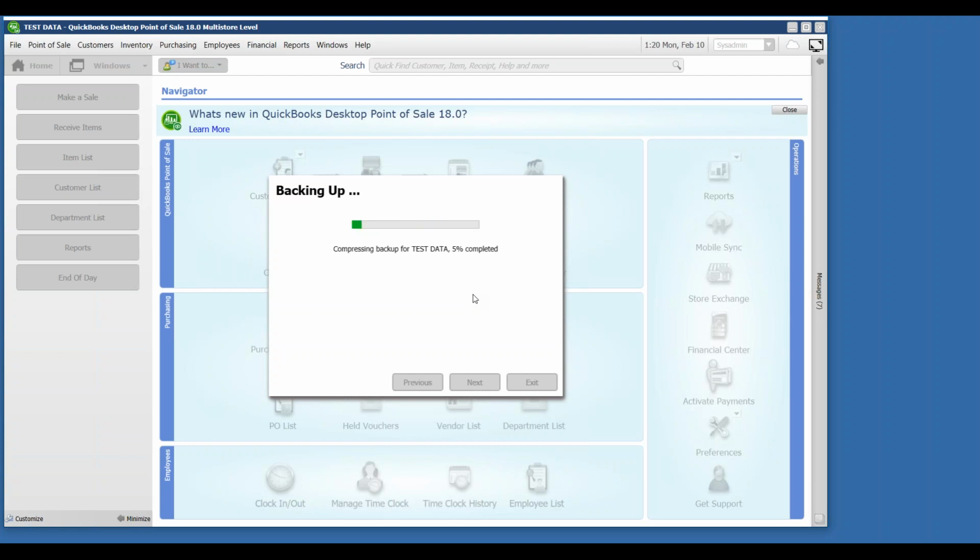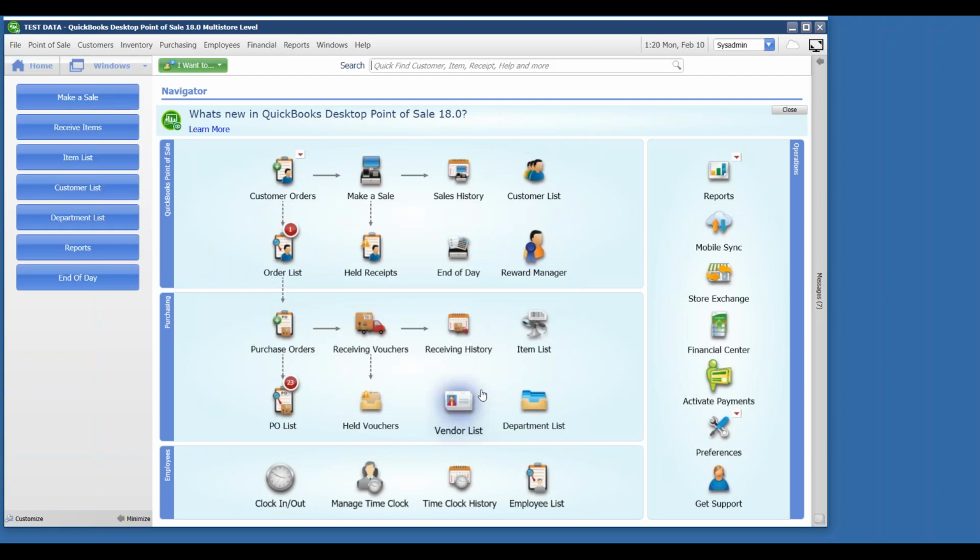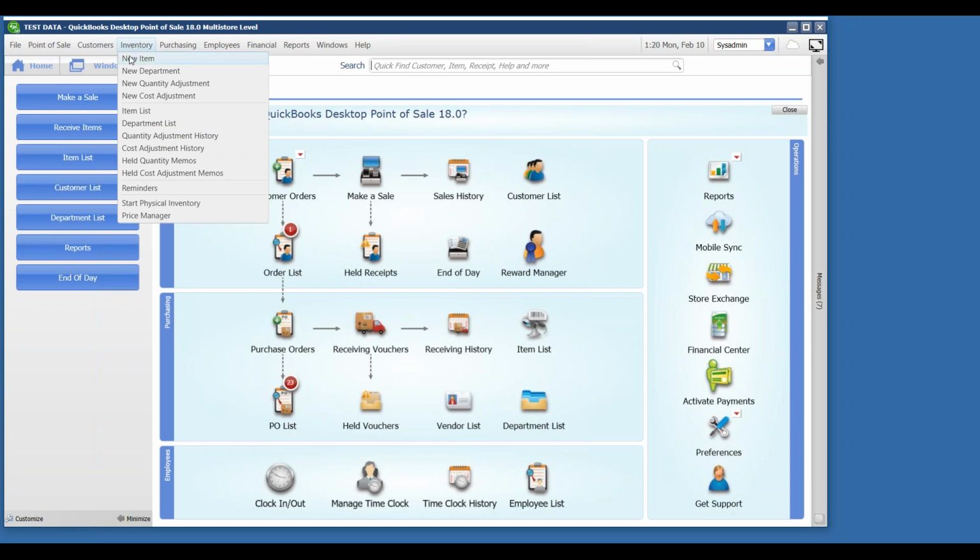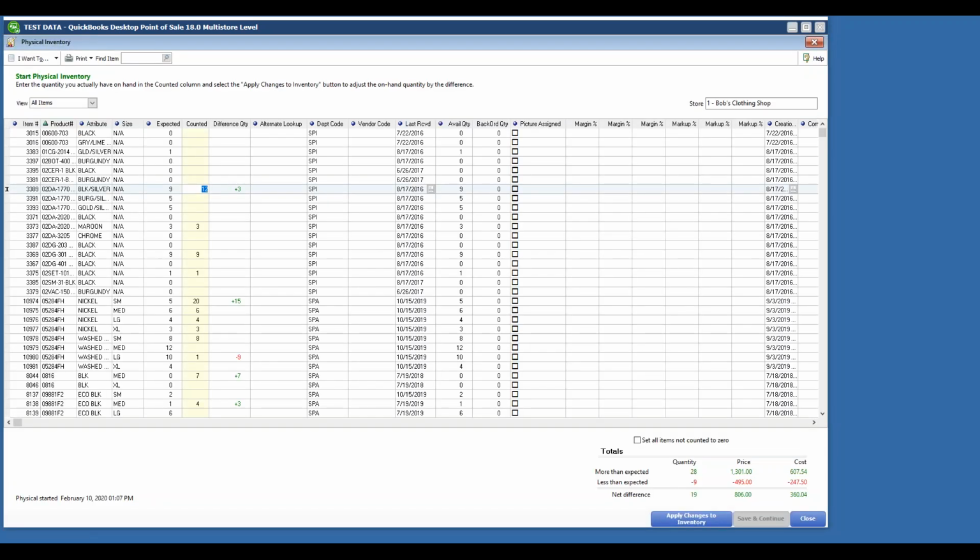This is really important because we've had people in the past run into issues when updating their physical inventory where they don't update all the items. They only update the counted items, and the rest of the items that we expect to go to zero because we didn't count them are still showing either positive or negative quantities. So it's always a good idea to have that backup from before you started the final parts of the physical inventory, so we can go back to it and review what we had ahead of time. All right, now that our backup's done, we're going to go back into inventory, start physical inventory,